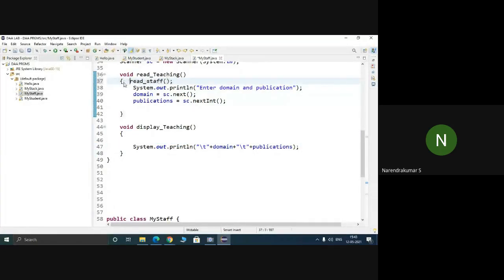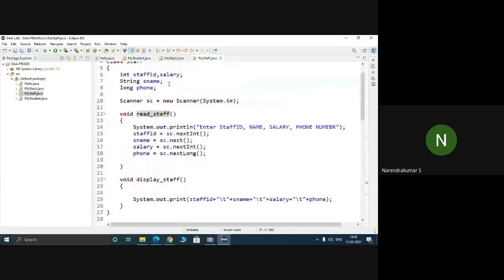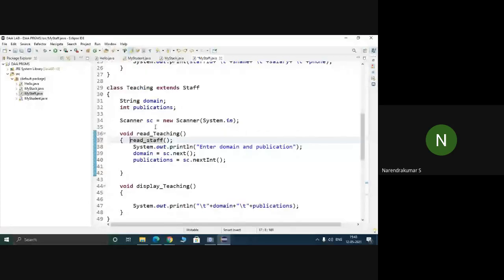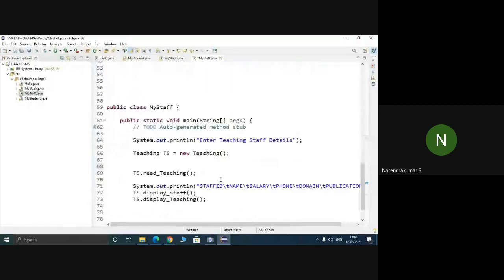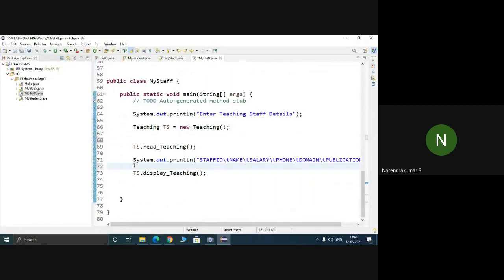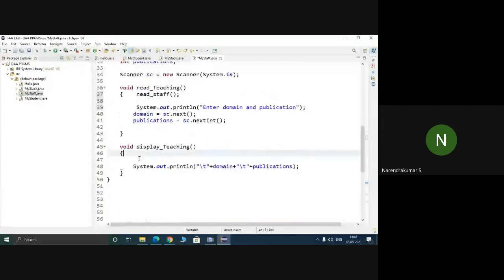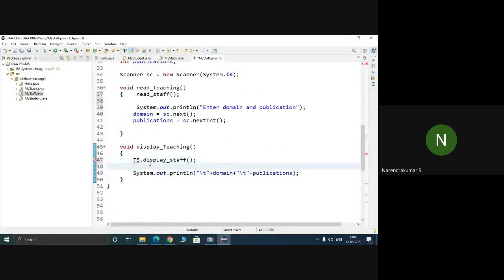So read staff: first it will read all these data numbers, then it will read the domain and publication. In the same way, we can remove this display staff and have it here. So display staff, it will first display